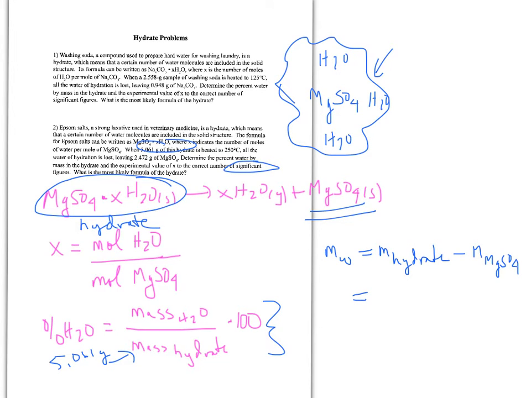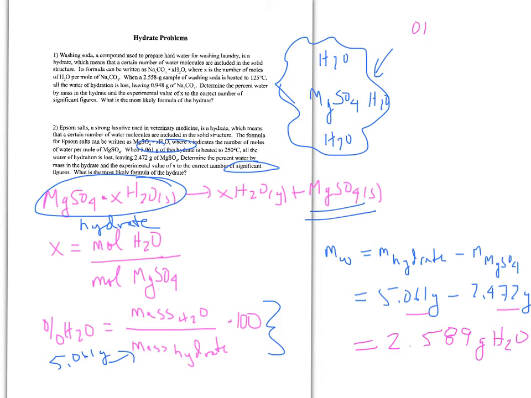So let's actually put these numbers in and go over the significant figures. This is 5.061 grams. This is 2.472 grams. When we subtract, we keep the fewest number of decimal places. Since we have 3 decimal places in each, we will keep 3 decimal places. So here is the mass of water. So this is how much water was lost in this experiment,